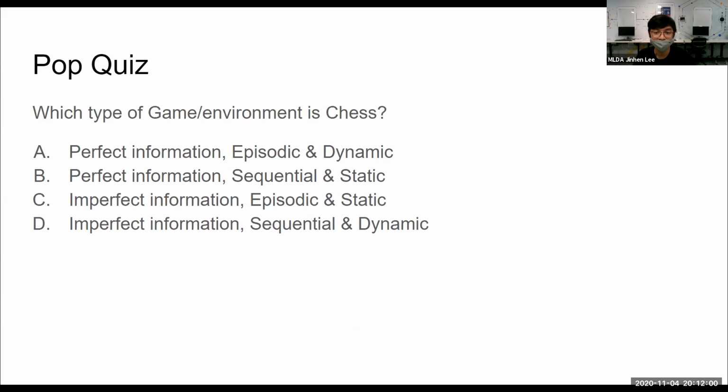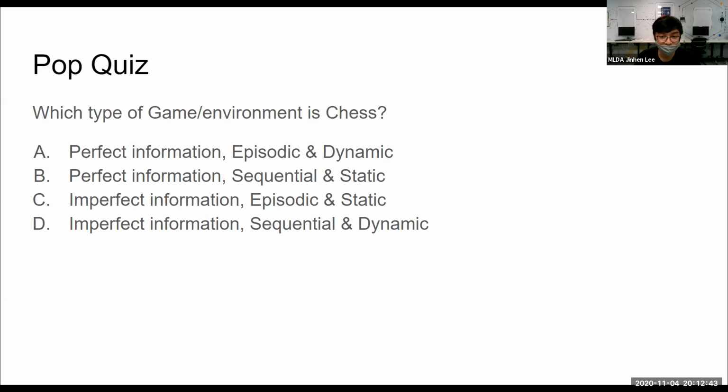Okay. So yeah, again, most of you got it correct. The reason why it is perfect information, I actually mentioned in my slides earlier. It's because all the pieces are available for you to see. There's nothing to hide. Why is it sequential? Because what you do this round will affect the game as a whole, so it's not episodic. And why is it static? Because while it is your turn, the other player cannot act. So when it's your turn, it's your turn. That's why in that processing time, the environment doesn't change. That's why it's static.